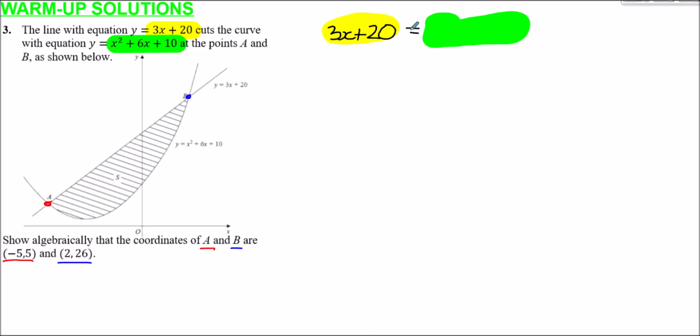If we solve this, this will tell us the coordinates, the x-coordinates at least, of A and B. Let's stay clear of the calculator and try and show this algebraically. We can get this into a standard quadratic form by getting it all onto one side equaling 0. So if I subtract 3x and the 20 from both sides, I'll have 0 equals x squared plus 3x minus